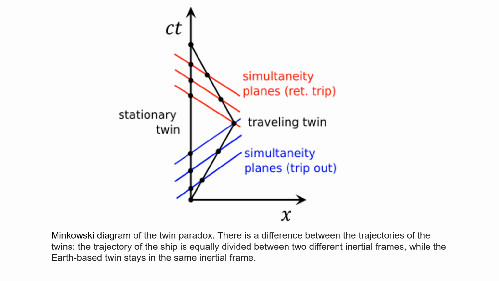Just before turnaround, the traveling twin calculates the age of the Earth-based twin by measuring the interval along the vertical axis from the origin to the upper blue line. Just after turnaround, if he recalculates, he will measure the interval from the origin to the lower red line. In a sense, during the U-turn the plane of simultaneity jumps from blue to red and very quickly sweeps over a large segment of the world line of the Earth-based twin. When one transfers from the outgoing inertial frame to the incoming inertial frame there is a jump discontinuity in the age of the Earth-based twin.